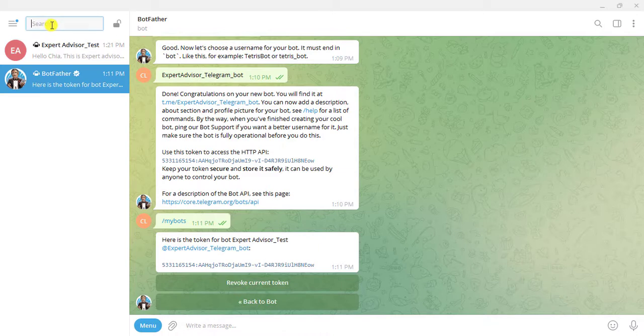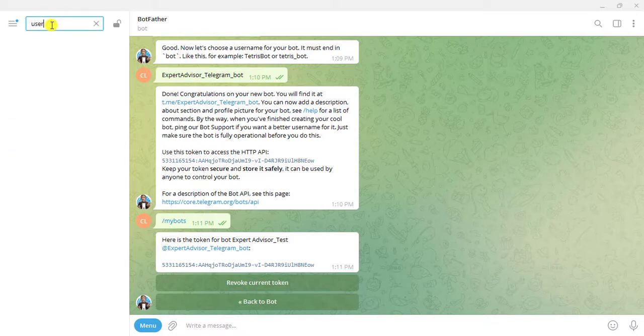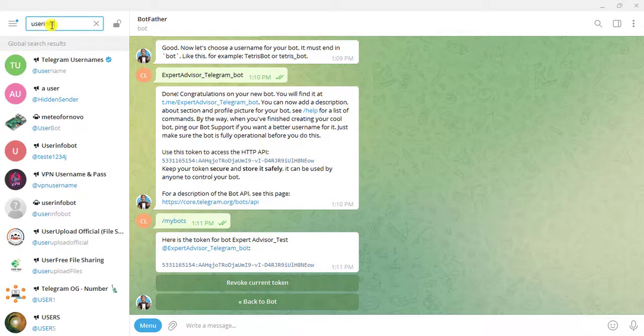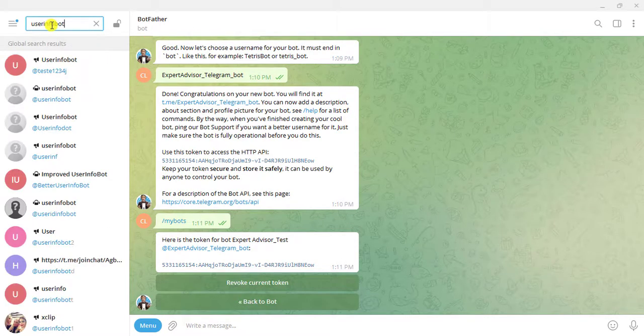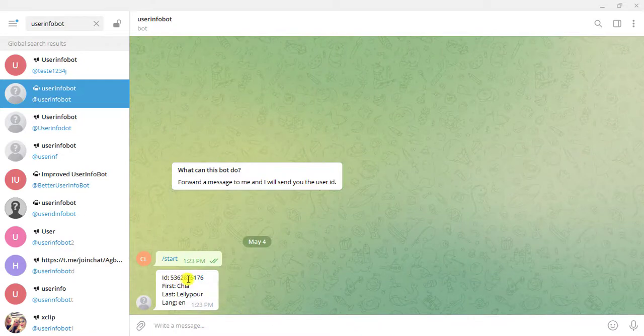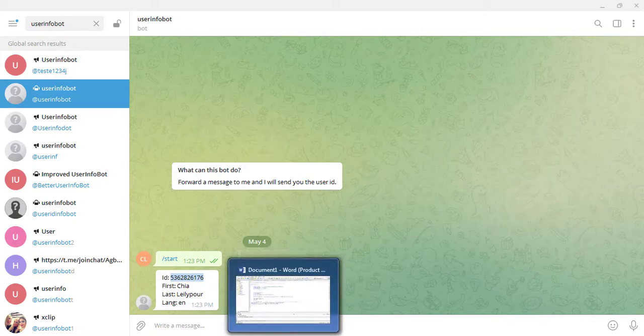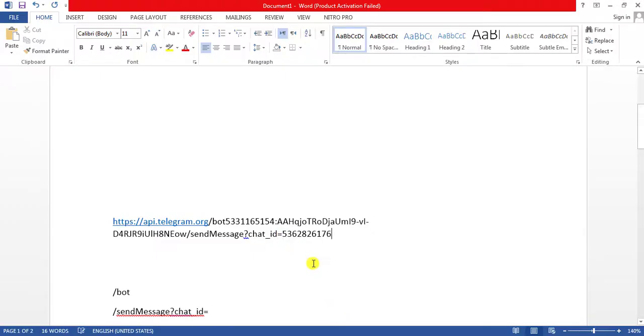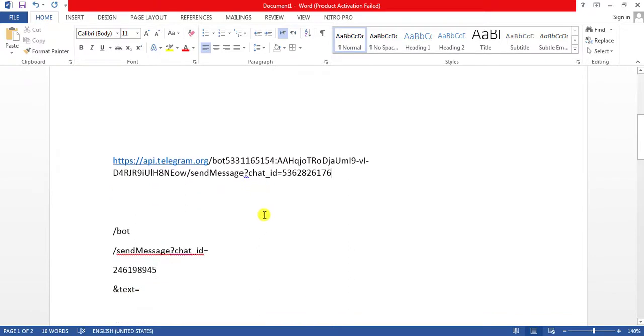In Telegram we search for this bot, user info bot, and this is user info bot. If I click start, it gives me the ID of my account. I copy and paste it here after the equal, and then